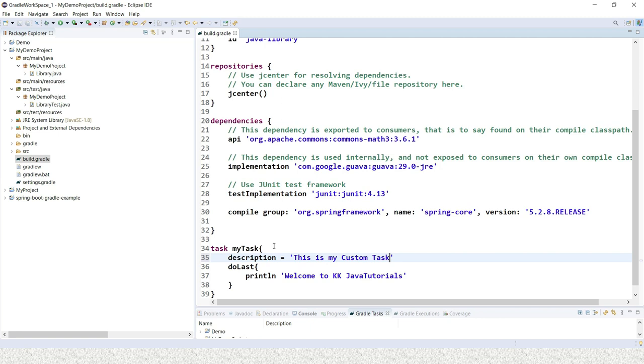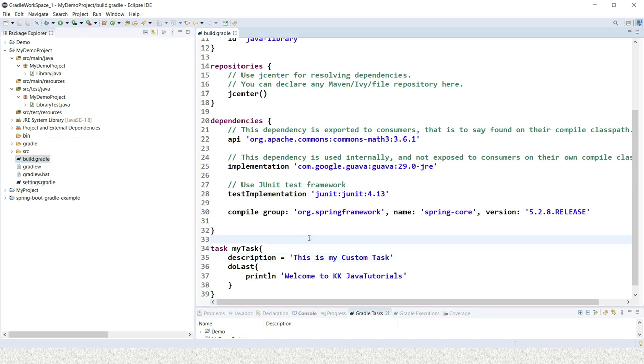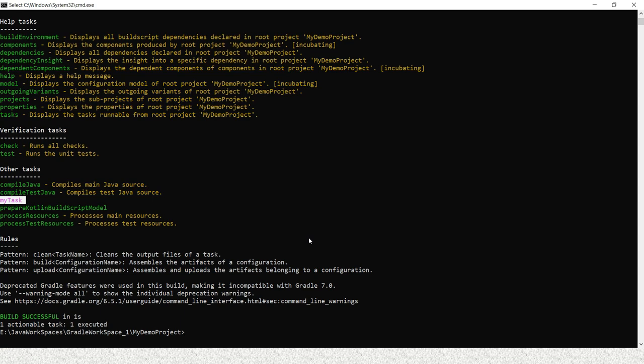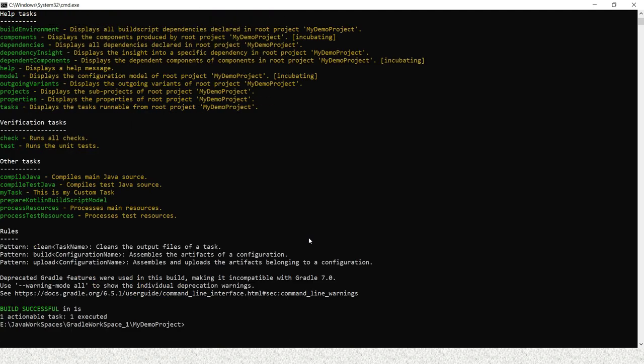That's it. And now of course don't forget to right-click on this, go to Gradle and refresh Gradle project. Now I go back to the command prompt and issue this command again, and this time I would like to see whether I can see the description of my custom task as well. Yeah, here you can see it.